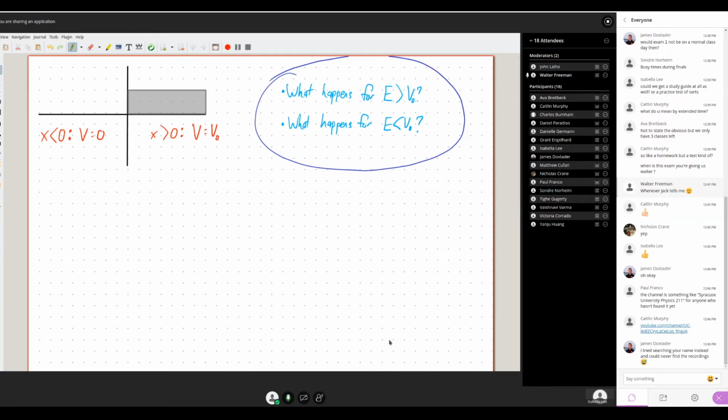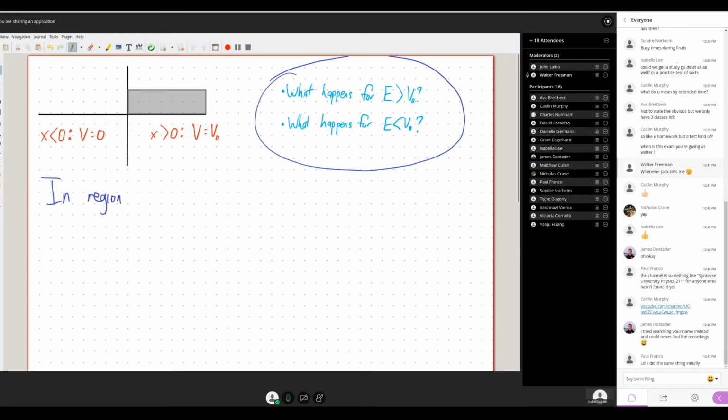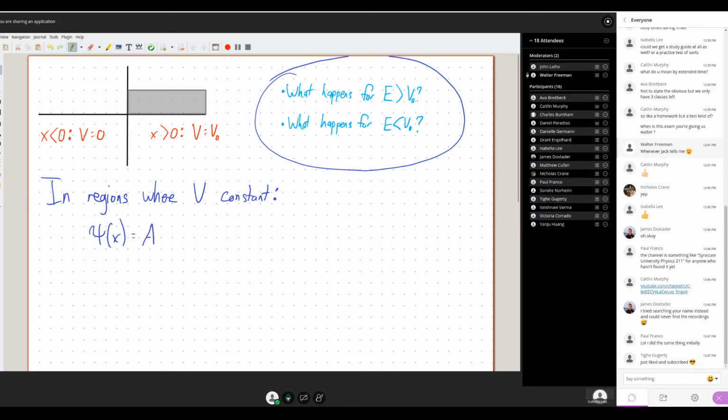So, what are the things we know? We know that in regions where V is constant, the wave function is equal to some normalization constant, which I'm just using as A,